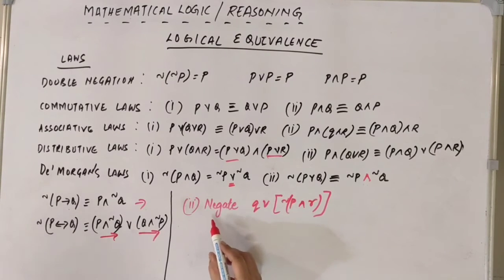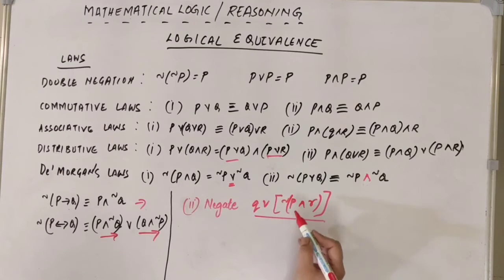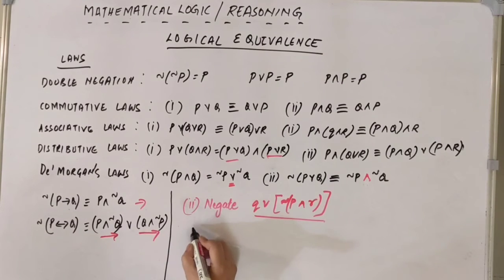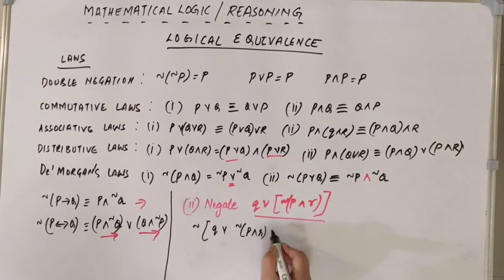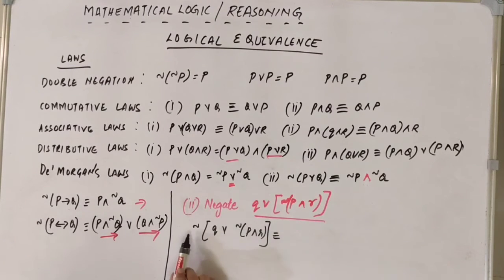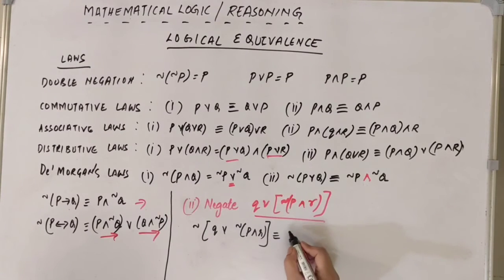Let's take another example where we have to negate this expression. Now we will first split this. There is a negate within brackets. We'll split this and write it as. So this is going to be negate Q or negate P and R. This can be written as, we'll have to split this because we have negate outside. We'll have to use this law. So it's going to be,